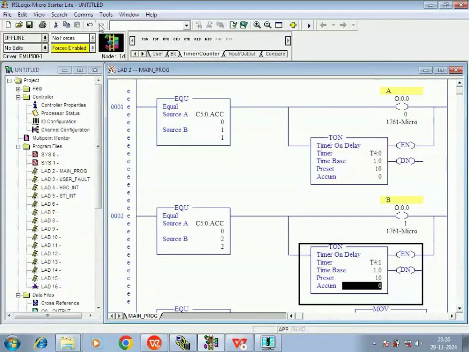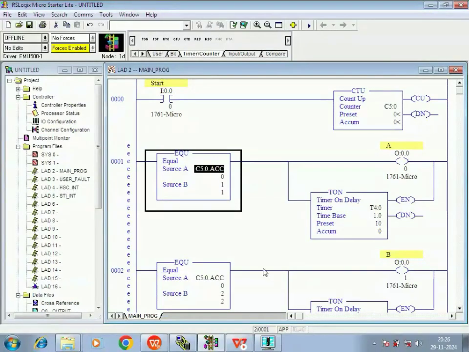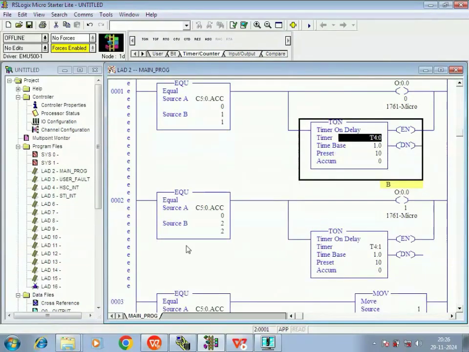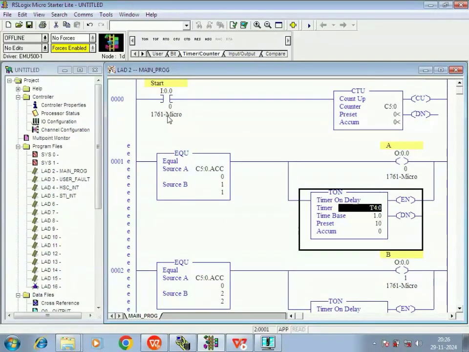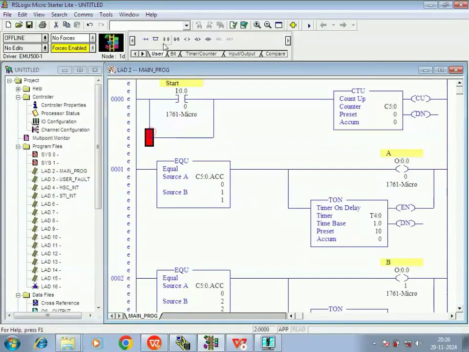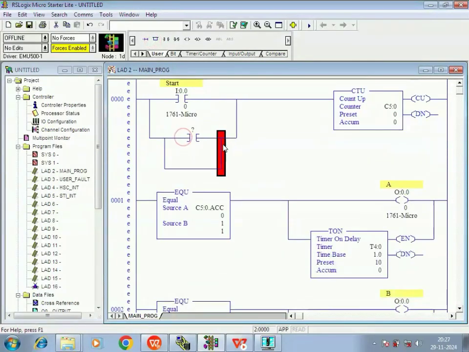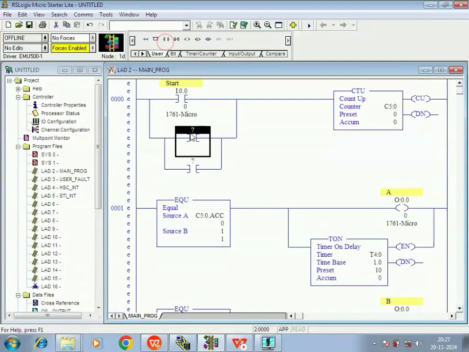Now what you have to do is, both should interchange their status after 10 seconds. How will it work? How will both change their status after the 10 seconds? If I use a done bit of the second timer over here and the first timer's done bit over here in the second run, I think it will not work. You can try it. So I will give you a simple way. What you can do is, you can just use a done bit over here. I'm using a done bit over here,